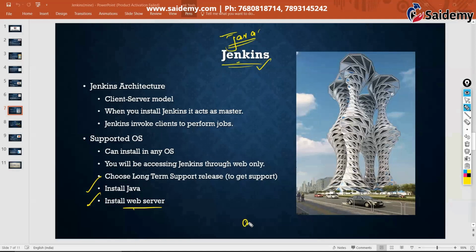You remember, right? We learned Ansible, but to install Ansible, Python is a prerequisite. Did we learn Python there? No. Python is required to run Ansible. It doesn't mean that to use Ansible, you should know Python. No. In the backend, it uses Python. In the same manner, to install Jenkins, Java is a prerequisite. And also a web server, because you are going to access Jenkins through the browser, so for that we need a web server package. These are the prerequisites that we have to install before we install Jenkins.